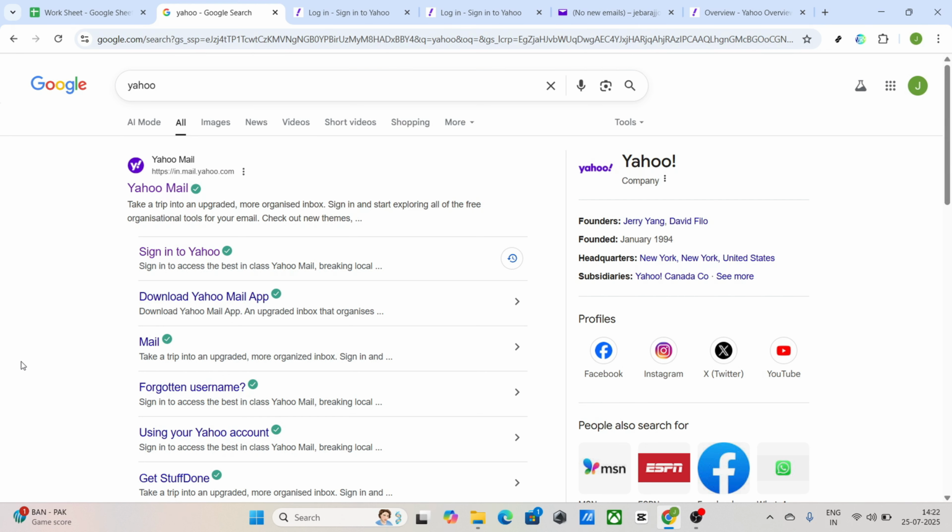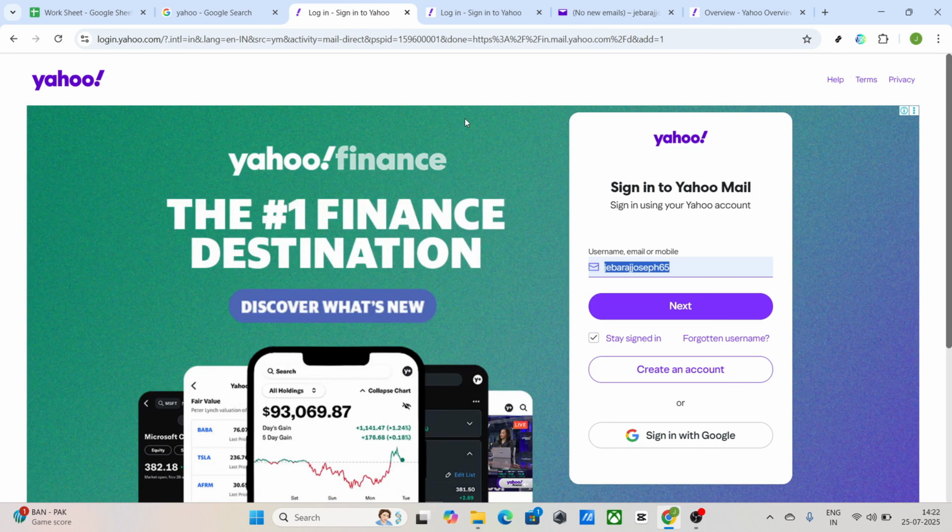First, let's kick things off by opening your preferred web browser and heading over to yahoo.com. This marks the beginning of our journey, and it's key to start by signing into your Yahoo account. Once the homepage loads, you'll notice the Sign In option prominently displayed. Click on that, and you'll be prompted to enter your username. Be sure to take a moment to verify that the username you've entered is indeed correct, as this is crucial